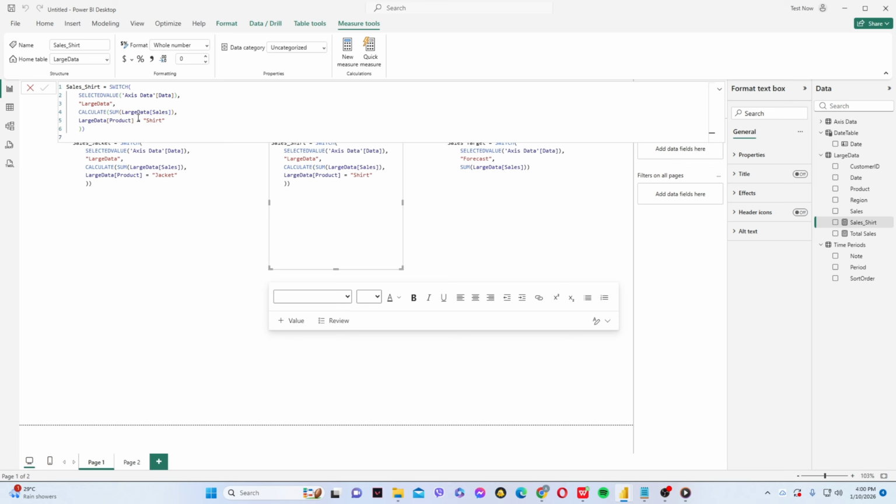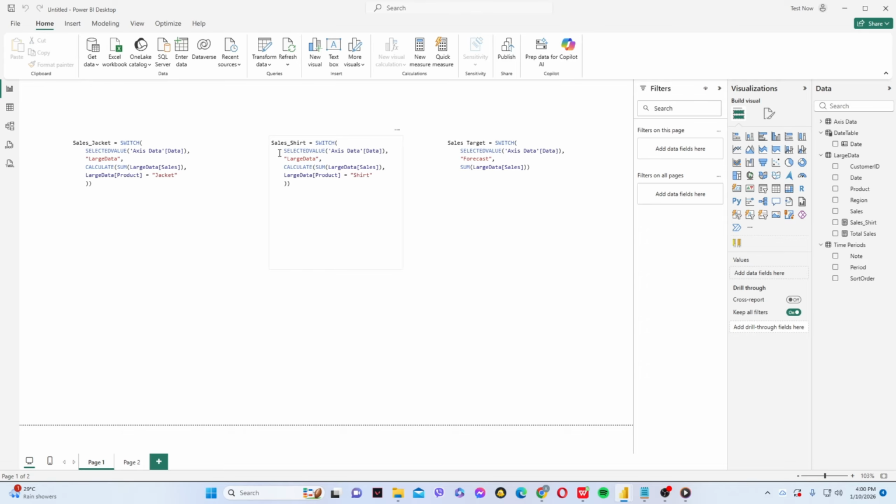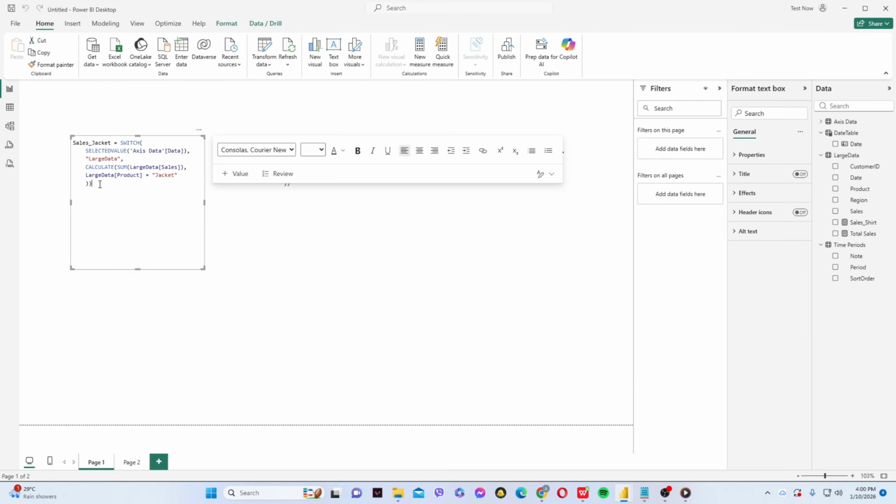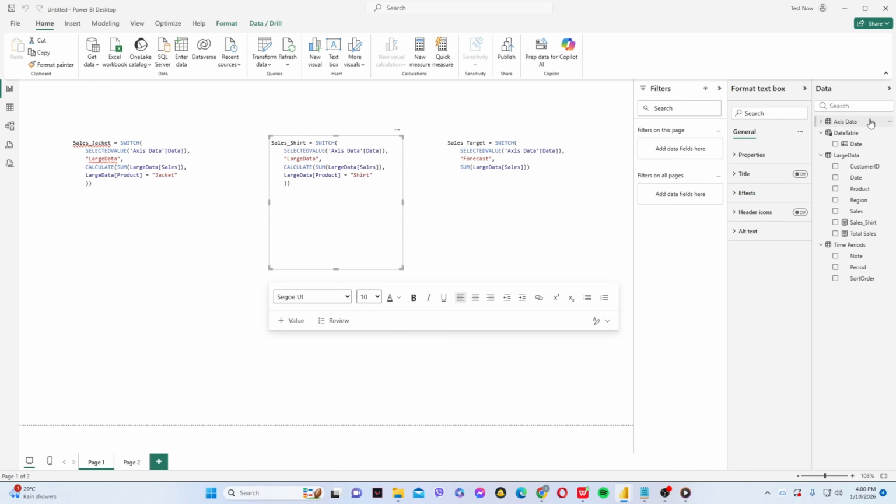Sales shirt = SWITCH(SELECTEDVALUE(Axis[Data]), "Large Data", CALCULATE(SUM('Large Data'[Sales]), 'Large Data'[Product] = "Shirt")). This switch checks which item from the axis data table is selected on the visual and only returns the shirt sales when the data value is Large Data. Make sure your axis table is present in the model and replace Large Data, product, sales, and the product name